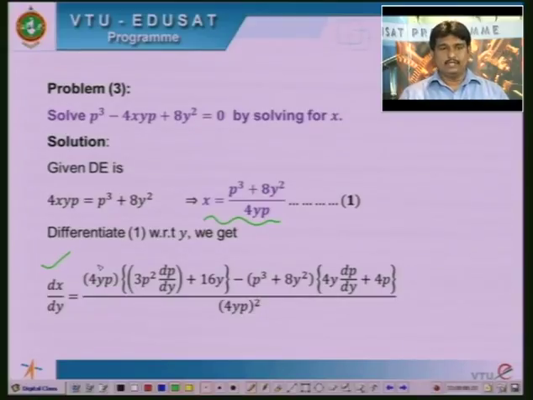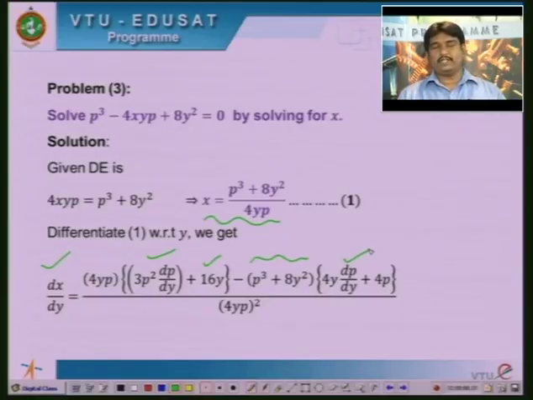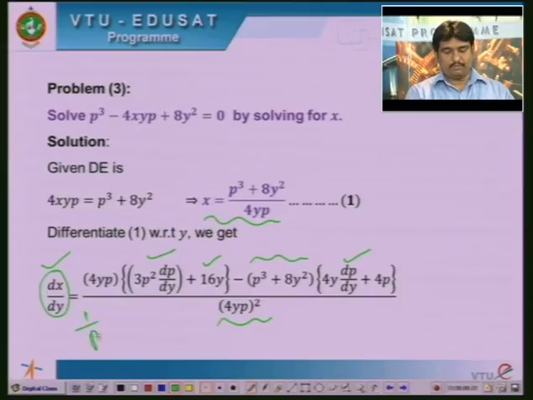Derivative of p cube is 3p square into dp by dy, plus derivative of 8y square is 16y, minus numerator as it is, p cube plus 8y square, into derivative of denominator. Denominator is 4yp, so you have to use the product rule here: 4 into y, derivative of second function is dp by dy, plus 4 into p, derivative of first function y is 1. So this is 4y dp by dy plus 4p, divided by denominator square, which is 4yp the whole square. Now you write this dx by dy as 1 by p